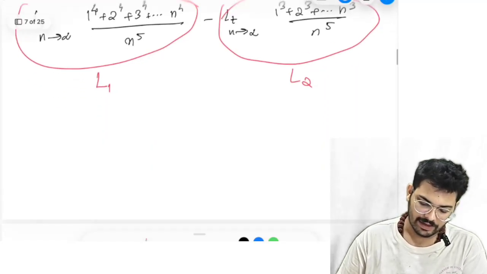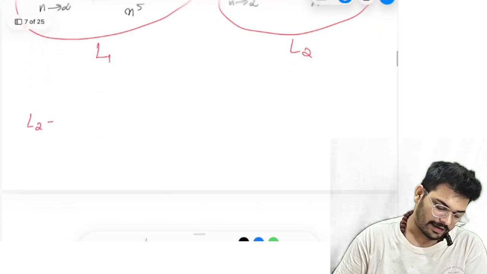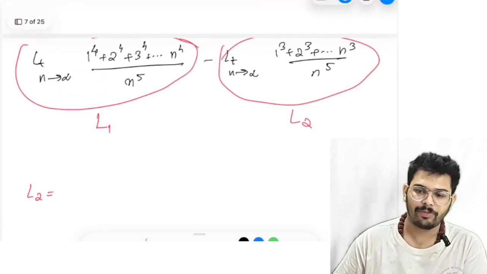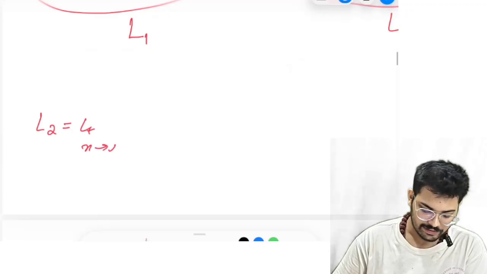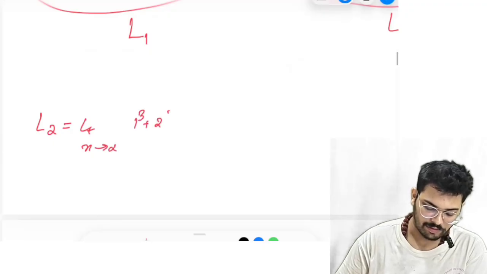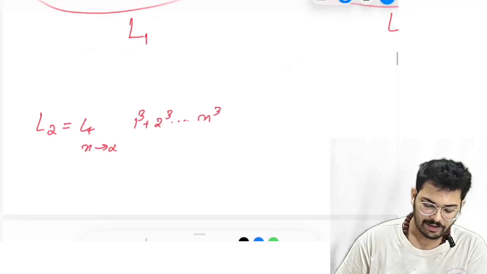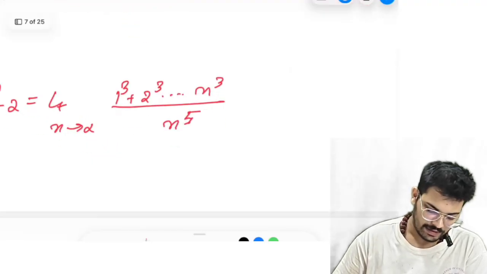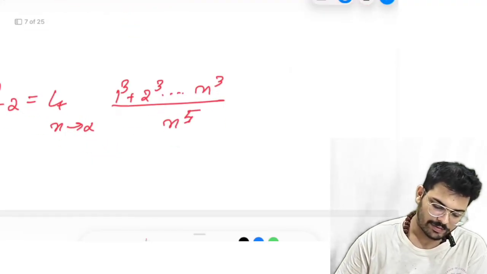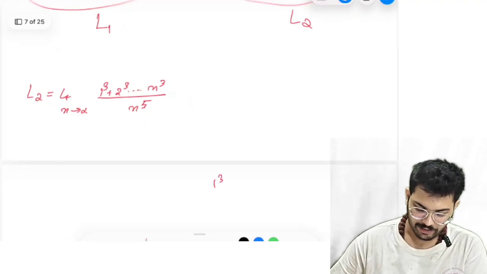So first of all, we can start with L2. What is the value of L2? L2 is the cube power, the cubes will be added. That is L2 will be equal to limit n tends to infinity 1 cube plus 2 cube plus etc. n cube divided by n raised to 5. Now here the sum of cubes of n natural numbers will be 1 cube plus 2 cube